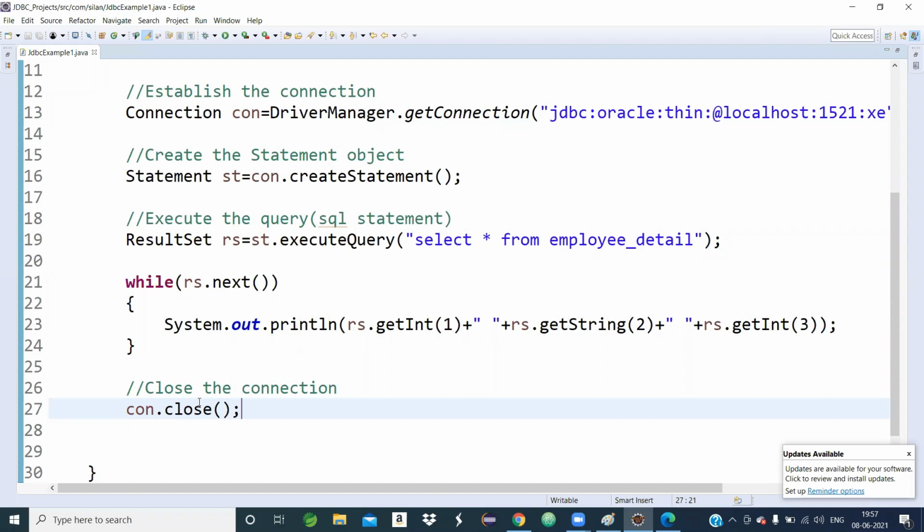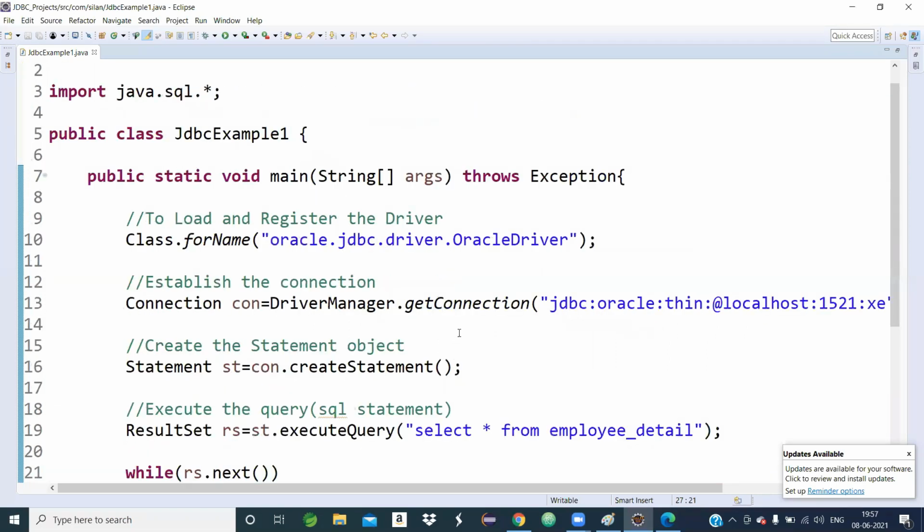If you do not close the connection, there may be a memory leak, because when you execute another SQL statement, the control will give a warning that some resources are already in use. That's why this is also a mandatory point: whatever connection you have opened, you have to close.